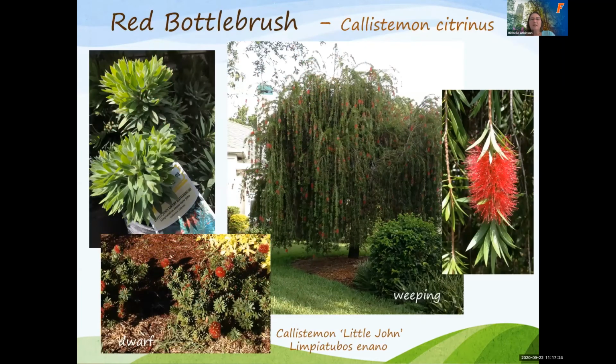Bottle brush, there's the traditional bottle brush tree, and then there's the weeping bottle brush. Beautiful trees. This bottle brush flower is where it got its name. It's recently been put onto a caution list, however, because it's in that family of,